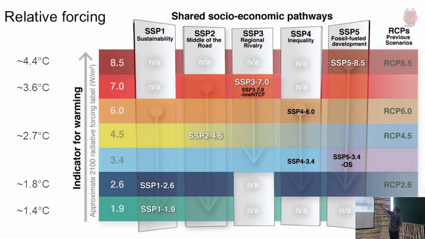And then this is one where we have a really high greenhouse gas emission, but we have a society which is slightly better than in these ones, okay? For our work, we've only managed to get data for SSP 126, 245, 370, and 585. And when we refer to things, you'll often hear us just say 245, okay? Just remember that's the middle of the road path with a relative forcing of 4.5, okay?